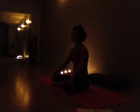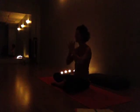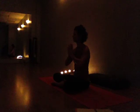And as you're ready, you can begin to remove the bolster from between the knees and use the strength of your arms to make your way back up to your comfortable seat. And once you find your comfortable seat, take a moment here. And we'll take a deep breath in, stretch and reach the arms up and overhead. Exhaling, drawing your hands to your heart center, sealing in this beautiful energy that you created through your practice this morning. And the fact that you've honored your body, listened to your body as it goes through this